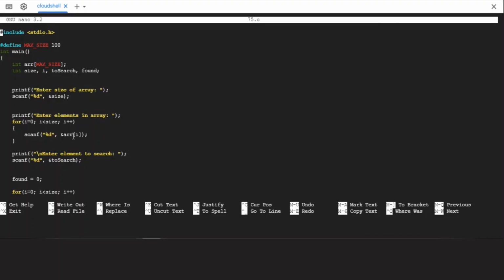Then the number that we want to search is taken as input from the user, and then a flag variable is defined as found equals to 1, and that variable is initialized.